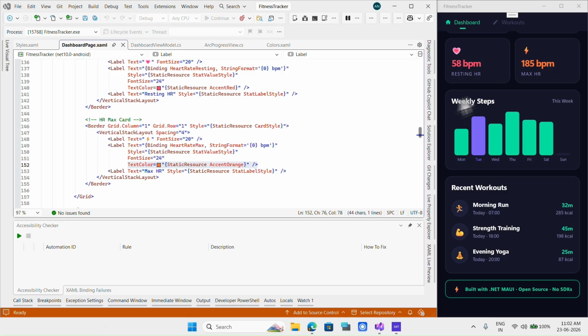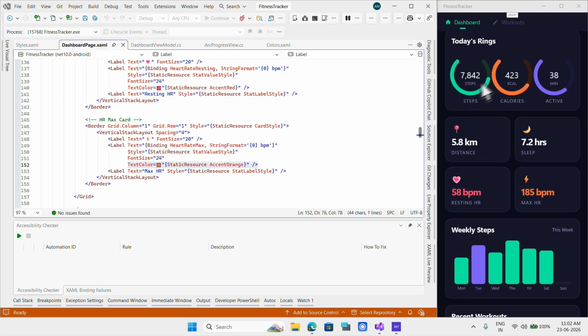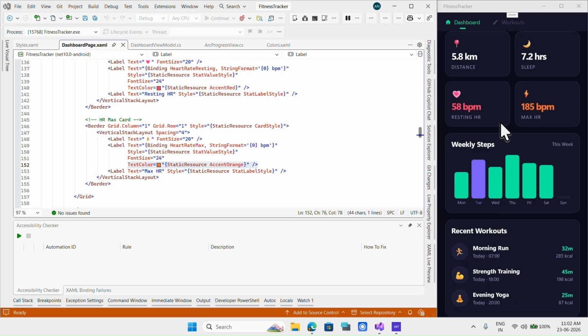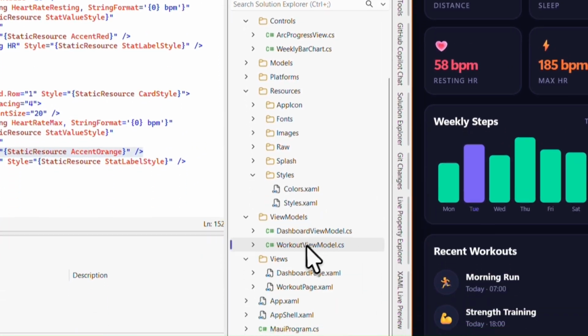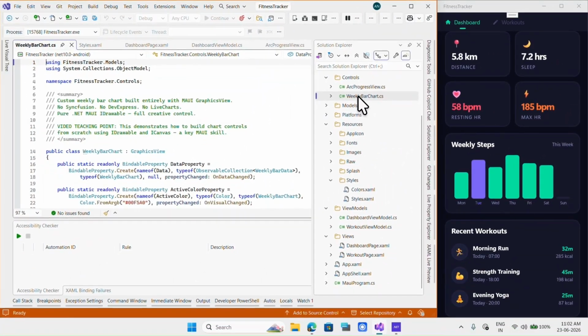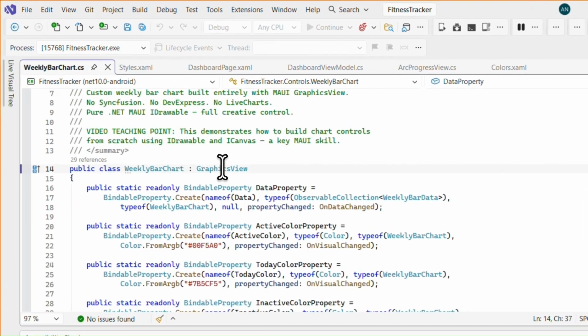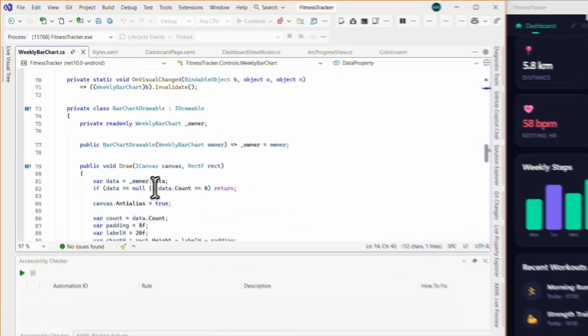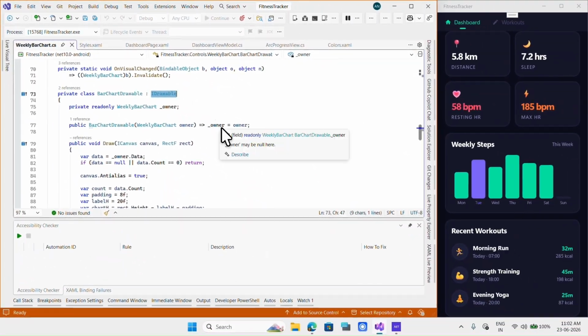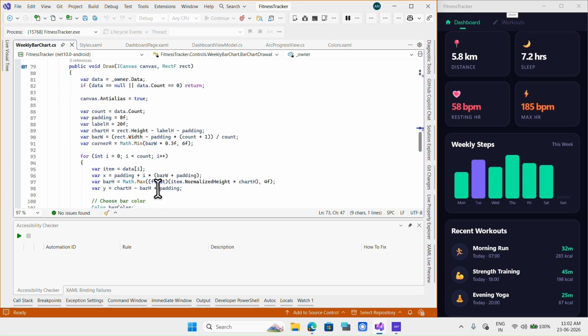The weekly chart is another graphic view plus IDrawable. Same pattern as the rings, but this time we are drawing bars instead of the arcs. The key concept is normalization. So if I go to Solution Explorer and open the weekly bar chart under controls, you can see it is using the graphic views and the IDrawable interface, same as the arcs. But we find the